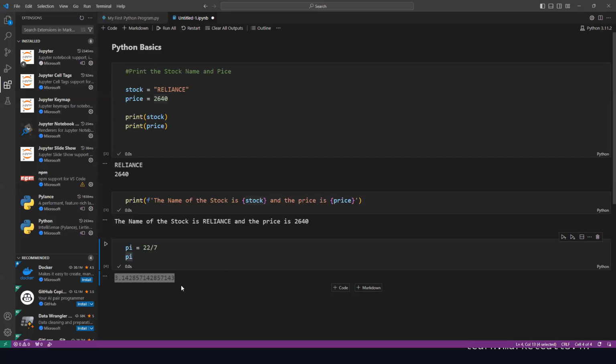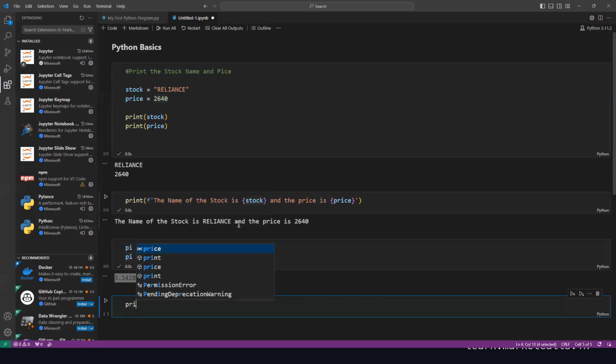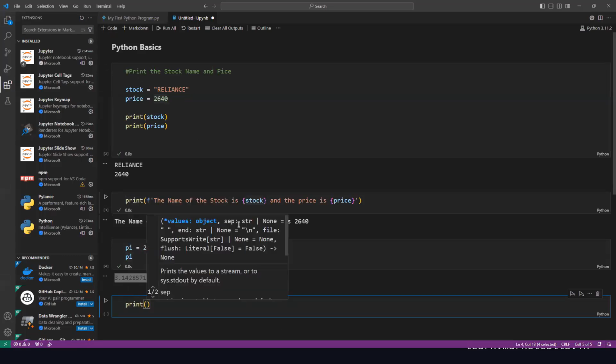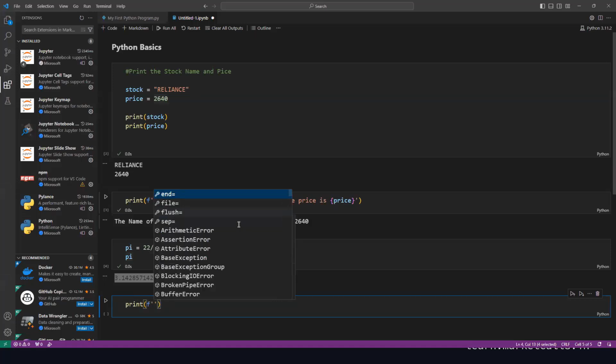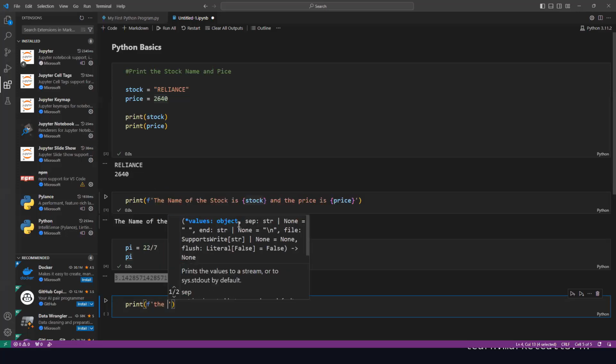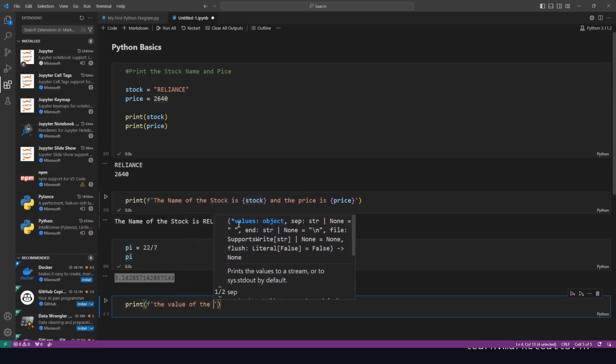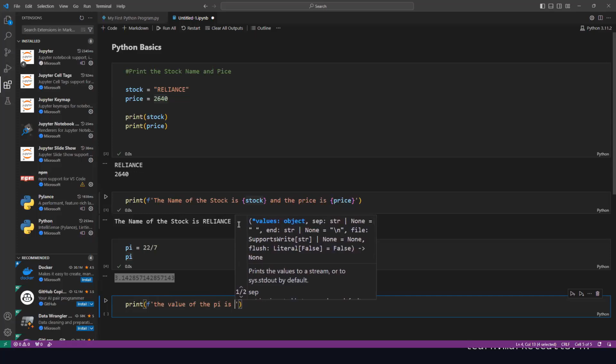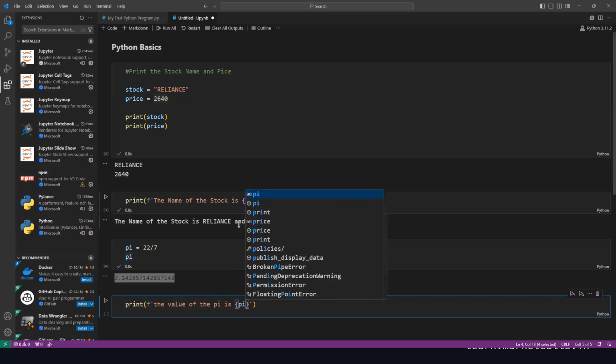In that case, what I can do here is open another code cell and use the print function. I'll open with an f-string. As I said, I can use a single quotation or a double quotation. So I'm going to use a single quotation itself. I'm going to say the value of pi is, and listen carefully here, I'm going to open the curly bracket, the placeholder. I want to print the pi value, but I'm going to put